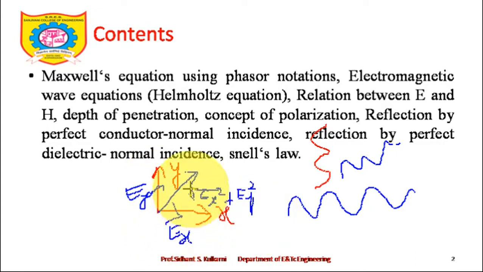To an observer, the electromagnetic wave is propagating in a certain direction, but the E bar vector trace is either going in this diagonal direction or in this diagonal direction, something like this. If this is so, we say that the wave polarization is linear polarization. What are the different types, we will talk about, but try to understand: if there are multiple components of E bar, then we should take the resultant of those components, find the resultant direction of E bar, and then we say that it is polarized in that particular direction.